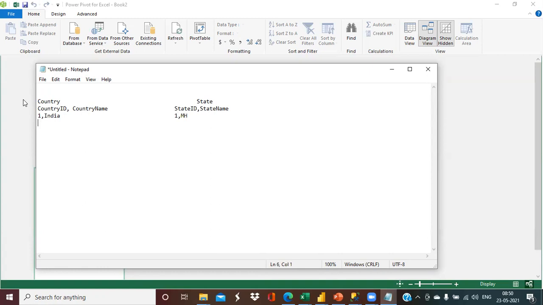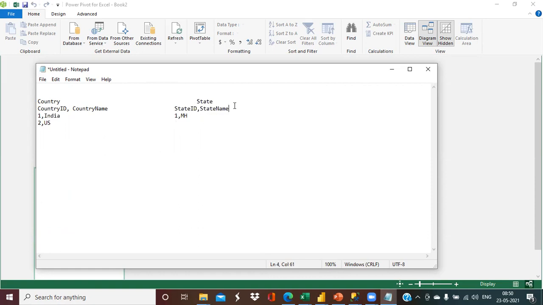That's fine. But let's say we have one more value, US, and here maybe we enter a state belonging to Australia, say Adelaide, in which we don't have an office in the country of Australia. That is definitely incorrect, anomalous data. To stop this problem, we should first create a relationship between these two dimension tables so that we can stop the data anomalies.